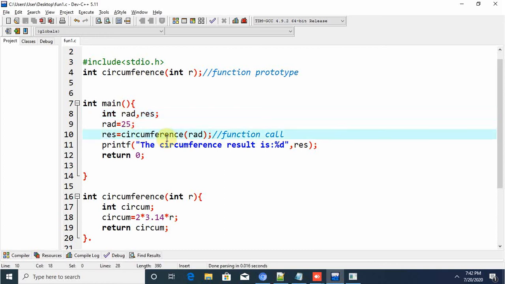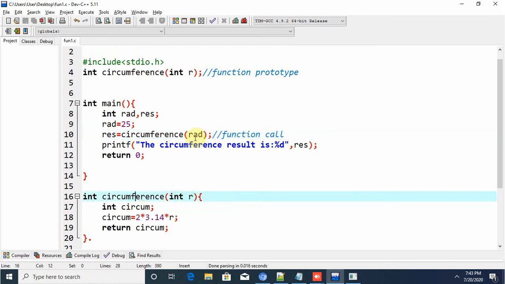See, in the main program there is one requirement for performing the circumference operation. So I have an input now. I need to pass that input to the circumference function. So that input is nothing but rad. I have created that rad value as 25. So it is carrying circumference of 25. It checks for the circumference function. It enters there.